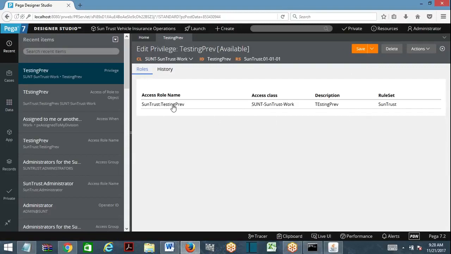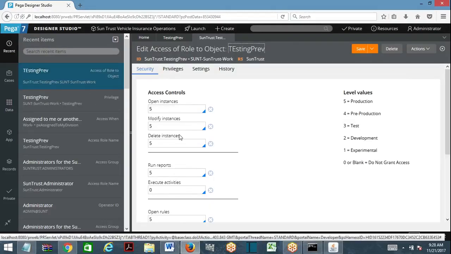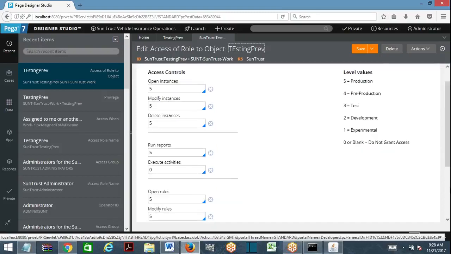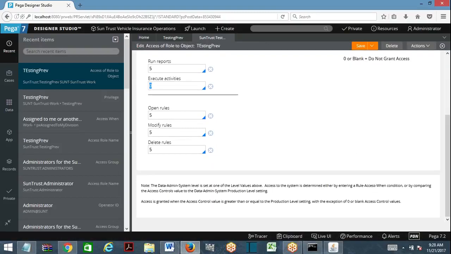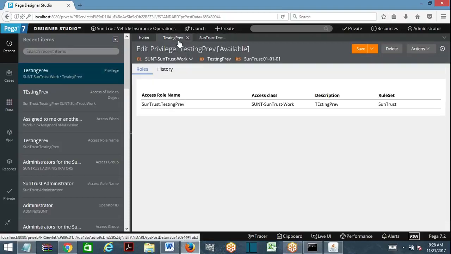If you observe, if you open the role name, role to object has defined values like this. Where this is in effect, it is not allowing you to execute activities. If you use this privilege anywhere, then it will prevent you from executing activities.